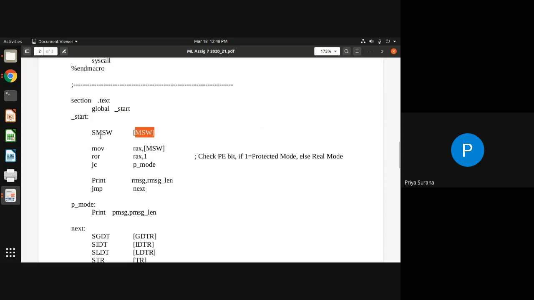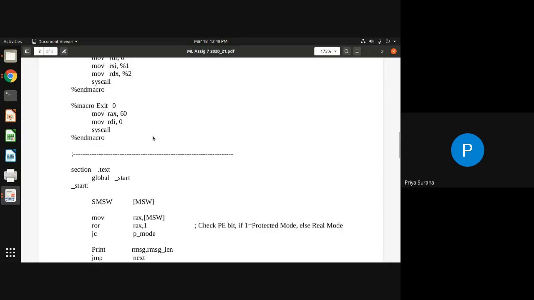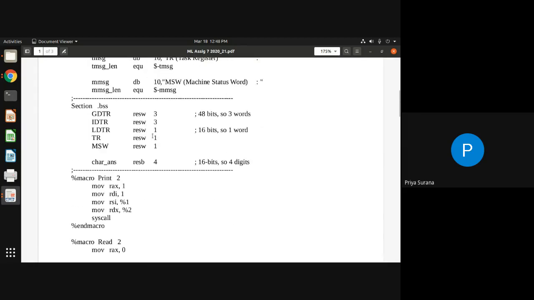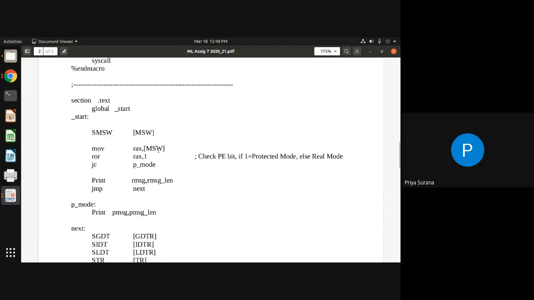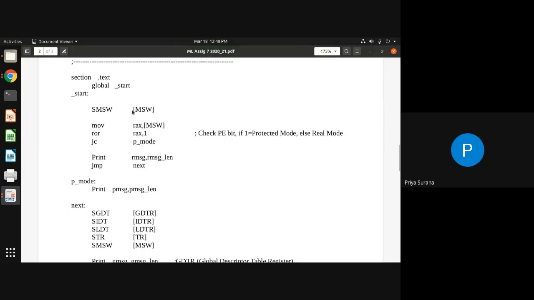Once this instruction executes, it will store the machine status word in this variable. Square brackets are given because at this memory location where MSW is pointing, one word of memory, 16 bit, is already reserved for MSW. So at that location data will be stored.